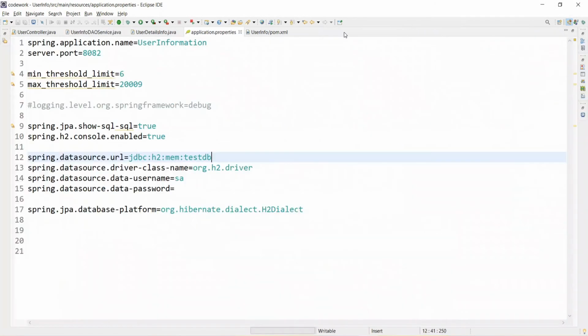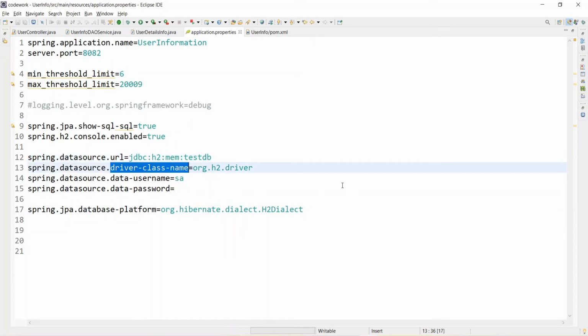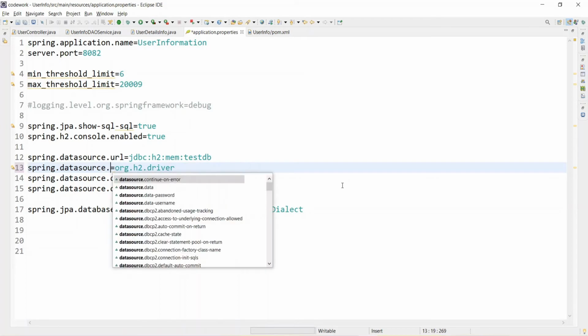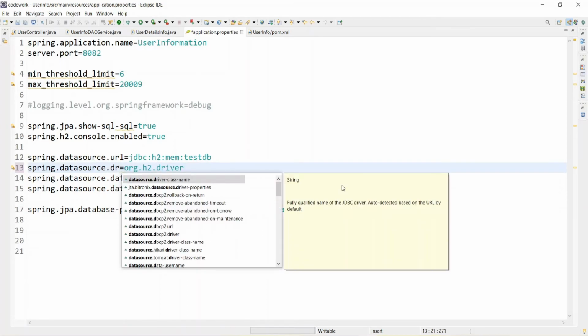Let's go and check the application.properties file. spring.datasource.url is jdbc:h2:mem:testdb. The driver class name, it's not like this.